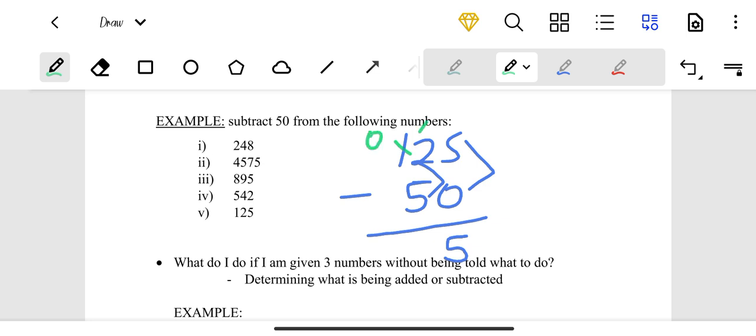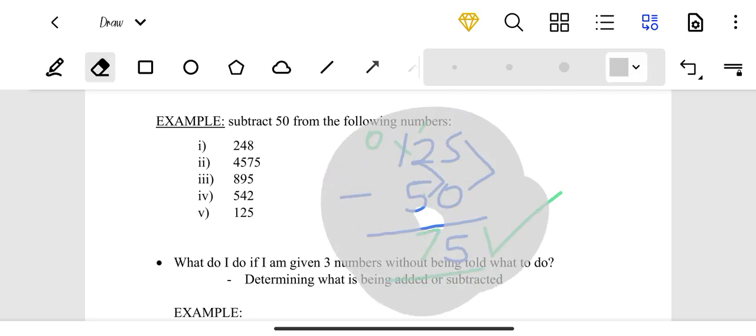And then now I have 12. 12, sorry, not divide, minus 5. We're going to have, let's see. I think the answer is 7. So the answer is going to be 7. And then you are done with subtraction and addition. I hope this is making sense.